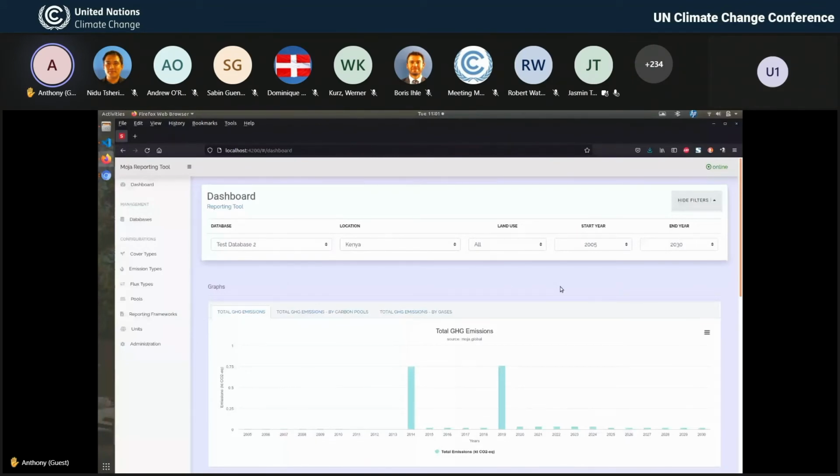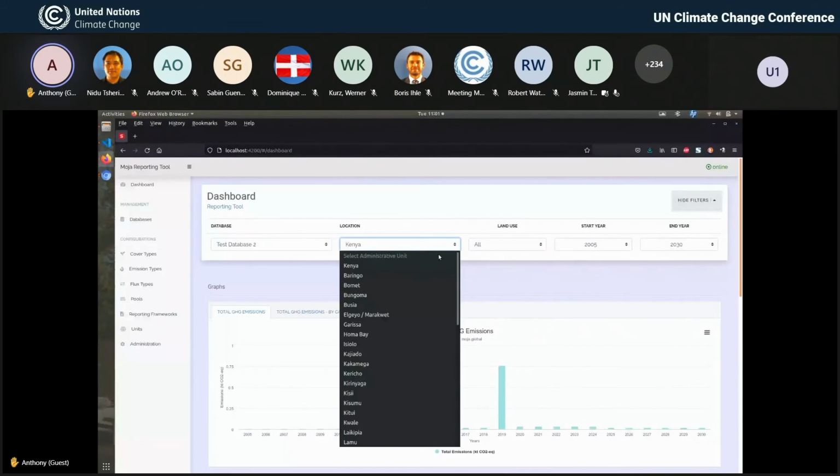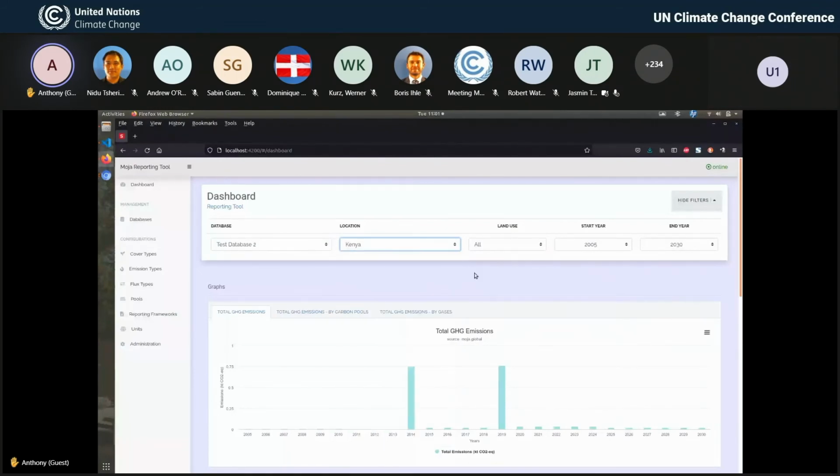All the locations that were in the flux database when it was produced are here; for example, I'm using an example in Kenya. So we have the main country and counties at the bottom, and then the land uses that were in the database, so that you can filter between land uses if you want to see the data of just one particular land use. And then there's also the start year and the end year of that particular database.